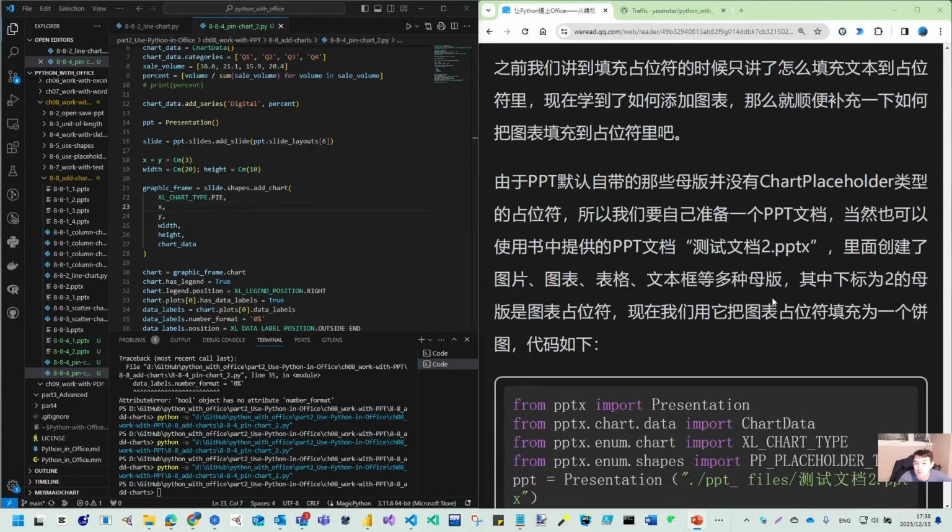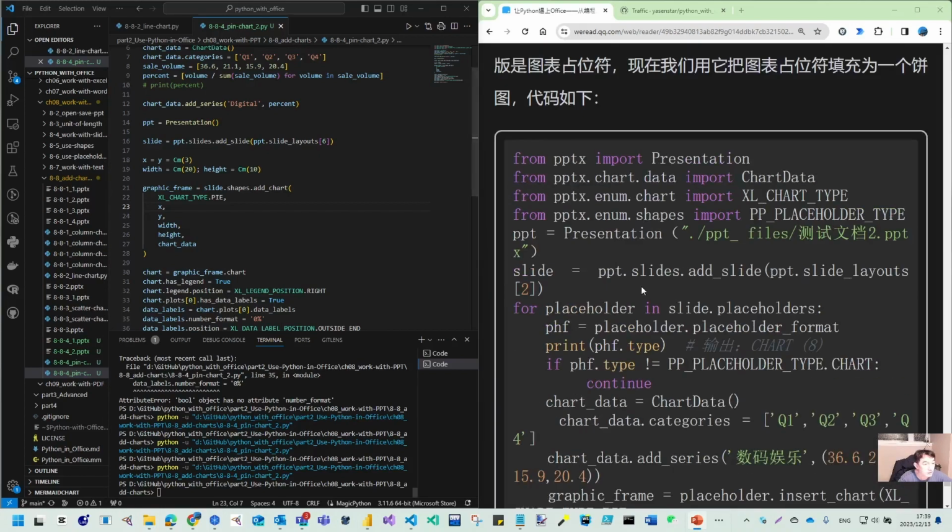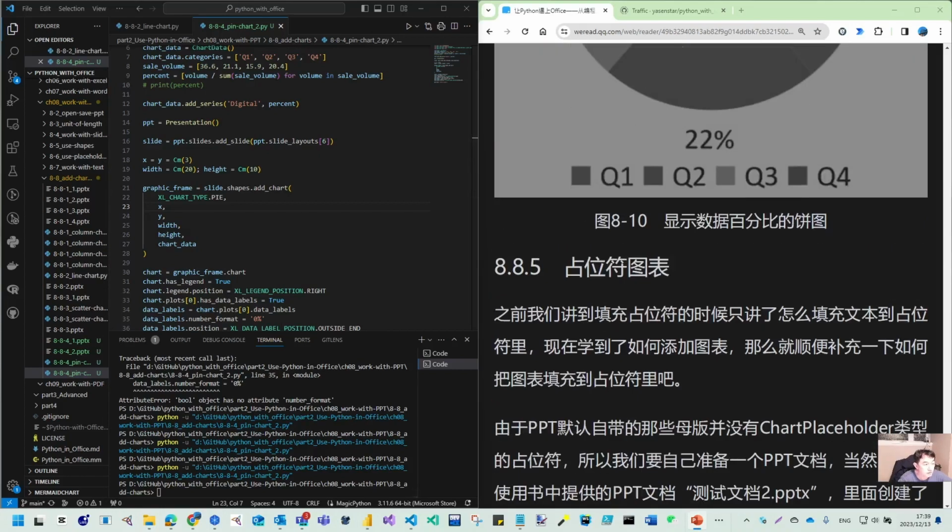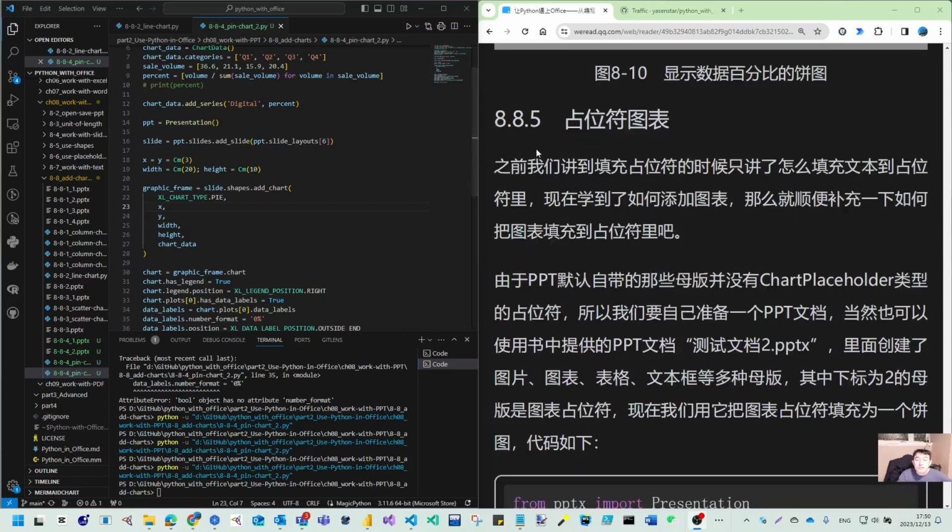And then that's all for this one. So let's go to here for this placeholder, the chart, when you read this